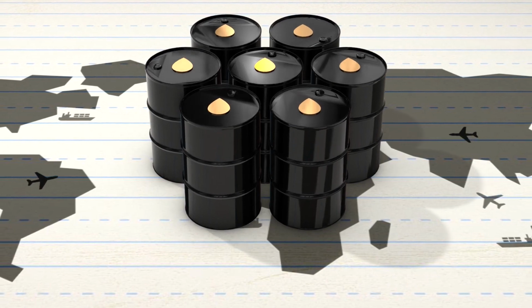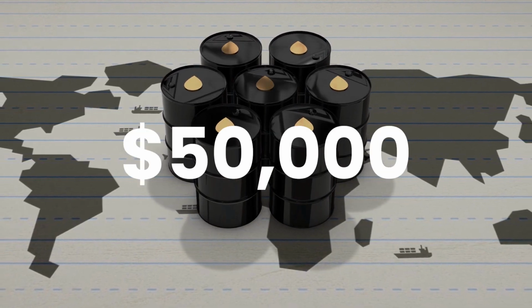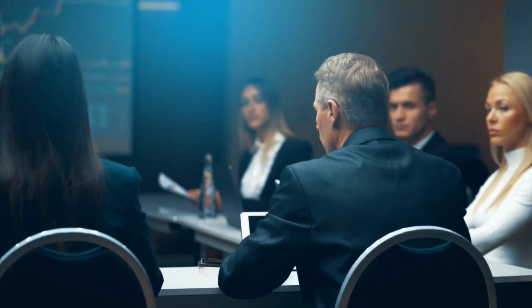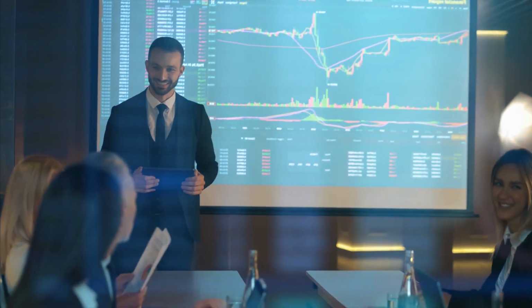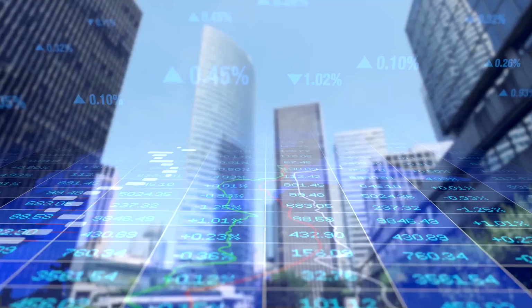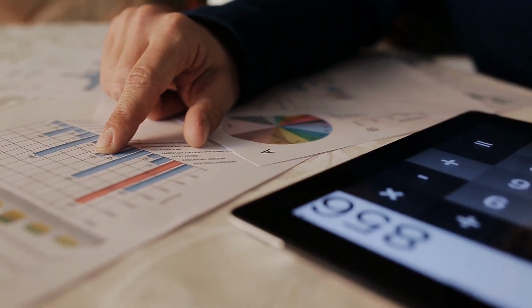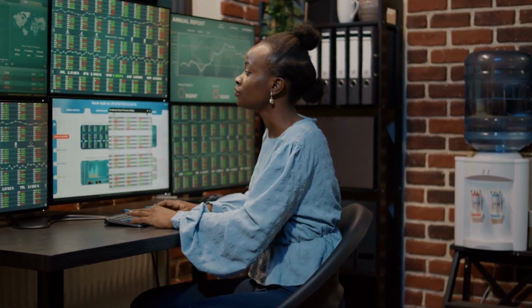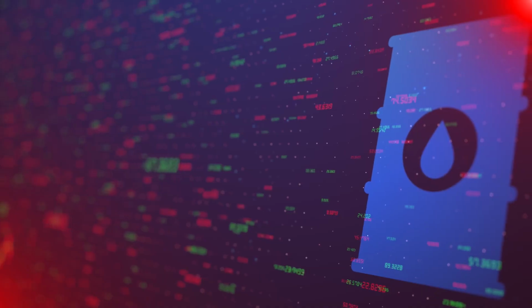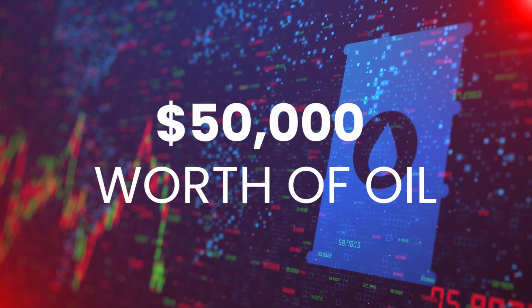To understand the cost of trading a futures contract, let's consider an example using crude oil futures. Suppose the current price of a crude oil futures contract is $50 per barrel, making the total cost of 1,000 barrels $50,000. However, traders don't need to provide the full amount up front. Instead, they can control the $50,000 worth of crude oil with a relatively small deposit. This deposit is known as the initial margin requirement, which represents the minimum funds needed to enter into a futures contract. The specific initial margin requirement is determined by the exchange and can vary. In our example, let's assume that a trader needs to put up $3,000 in margin to purchase one crude oil futures contract, enabling them to control nearly $50,000 worth of oil.